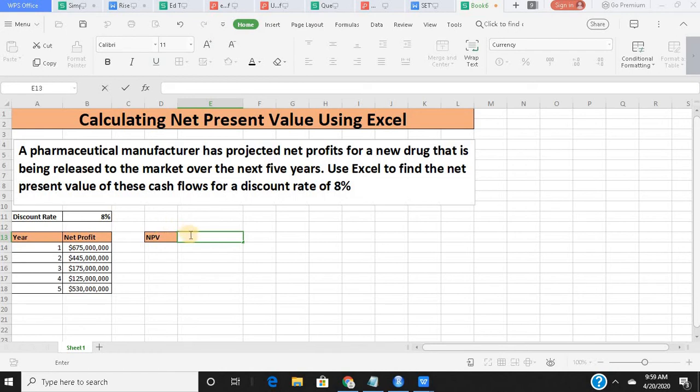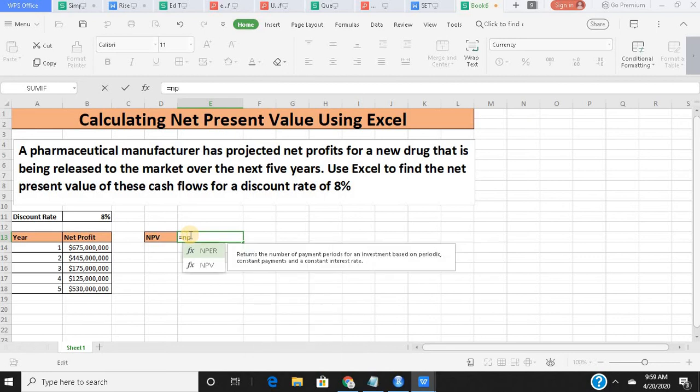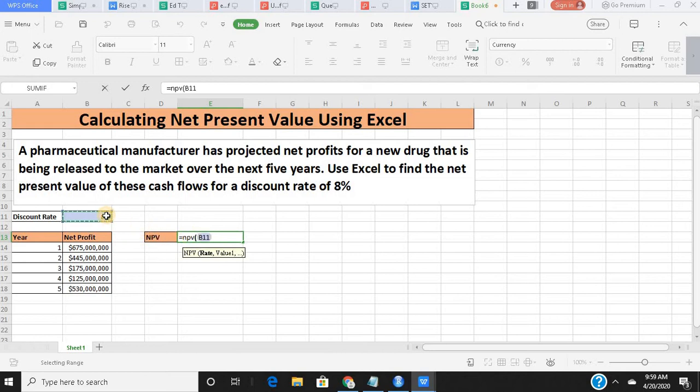Okay, so how do we go ahead calculating the net present value? We start with a very simple function, that is NPV. Okay, and start your parenthesis. What is your rate? This is your rate at which you will be calculating, and your values of cash flows. Okay, you can select one by one or you can select as a series. Okay, so you simply select your series, close your parenthesis,